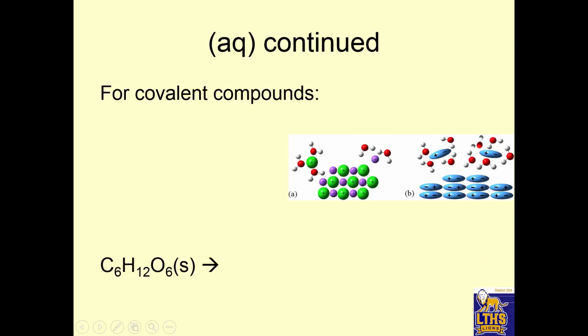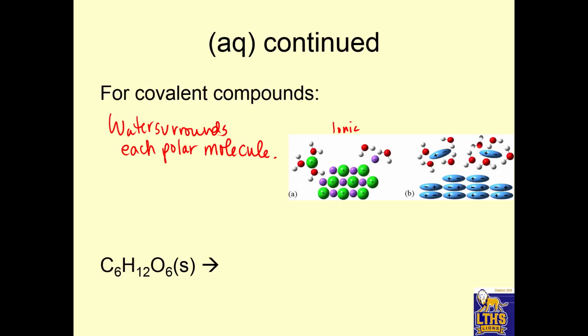Okay? All right, covalent can also be aqueous. So this is ionic again, and you can see the water surrounding the positive and negative ion. What does covalent mean? Covalent means you have a polar substance. So this is one molecule, another molecule, another molecule. And so what water does is it surrounds each molecule. Okay? Water surrounds each polar molecule. So the molecules don't break apart into charged states. They just get surrounded. So if you have C6H12O6 solid, it really turns into